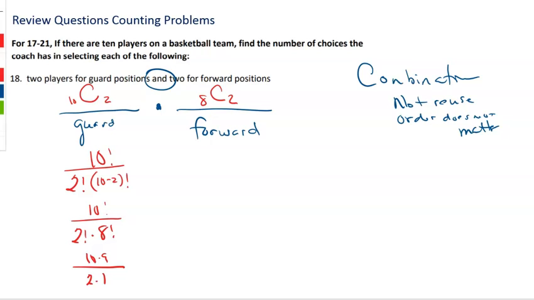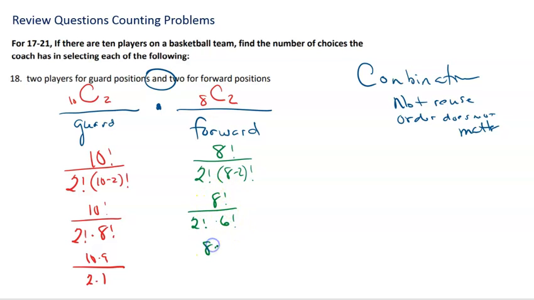But in, let's use green, I'm going to calculate 8 choose 2. So that's going to be 8 factorial divided by 2 factorial, and then also divided by 8 minus 2 factorial. So this is 8 factorial over 2 factorial times 6 factorial. That denominator is not 12 factorial. Again, you can't do that. But I can write the bigger one down to match the smaller one. So it's 8 times 7. The 6 factorials cancel. And then you still have a 2 factorial on the bottom, which is 2 times 1. Now when I simplify that,